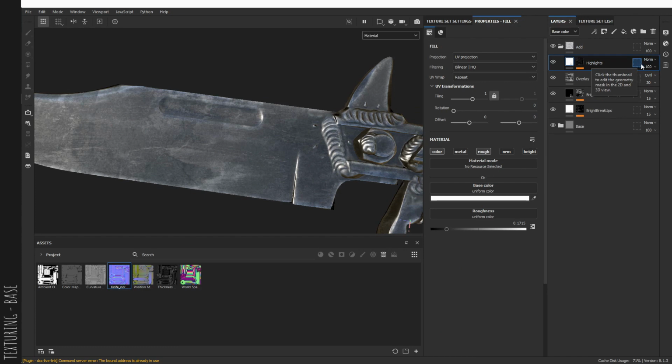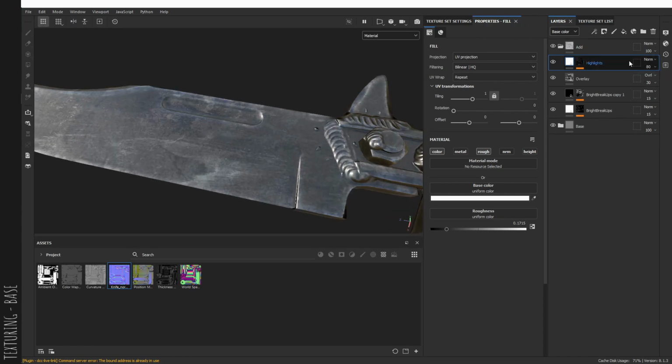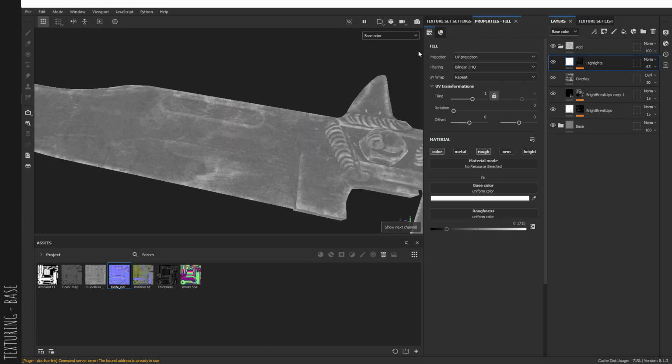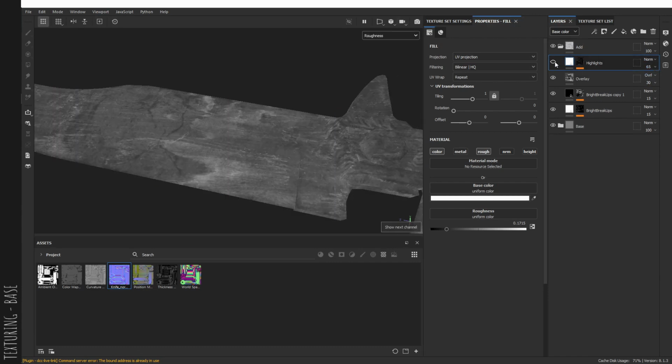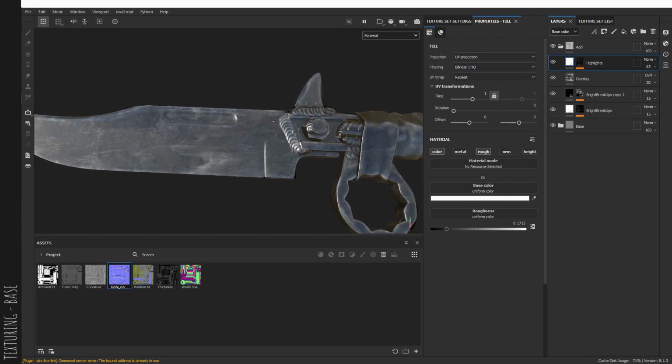Now again, might be too white, too bright, so let's just pull this down a bit, maybe to like, yeah, 80 or something. So we just have this small highlights here, and it's more in the roughness than in the color. Yeah. Okay, cool. So now that we did the highlights, another thing I like to add is like little